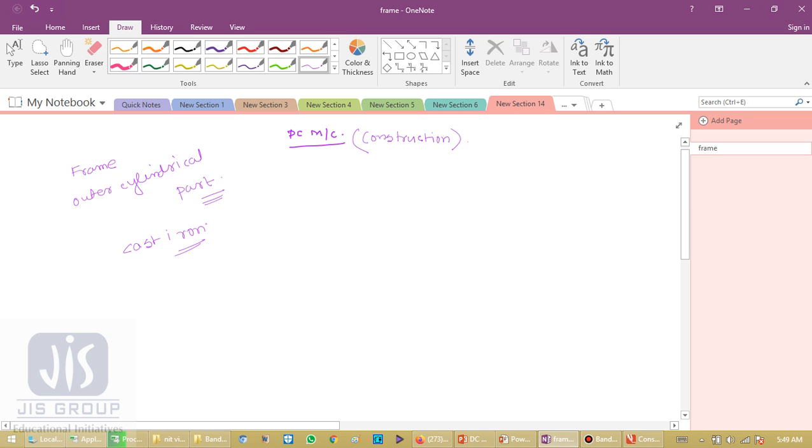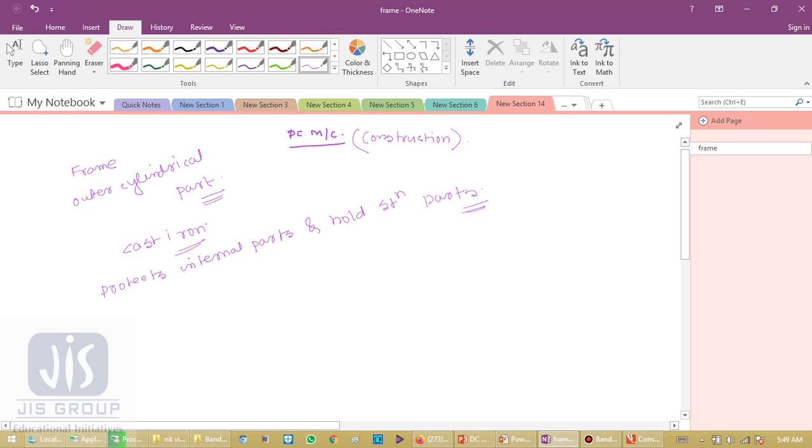And what is the function of this frame? The function of this frame is to protect the internal parts from outside and hold the stationary parts of the machine. Okay,